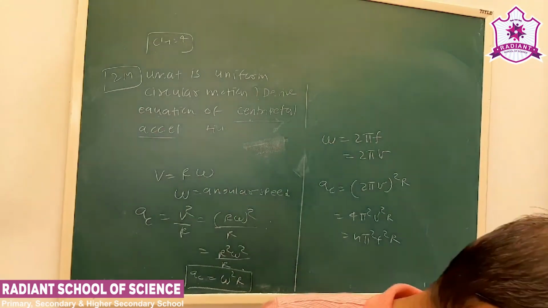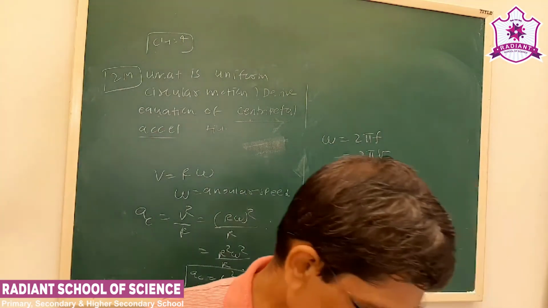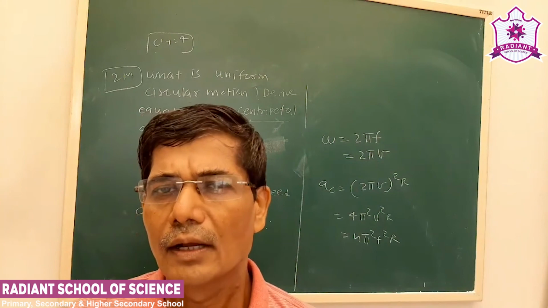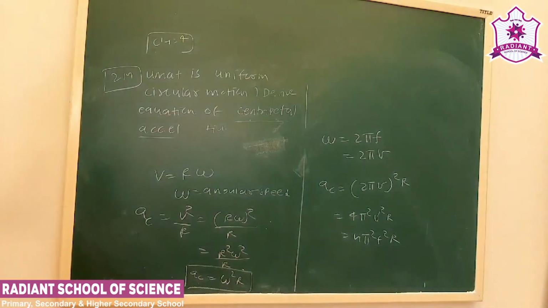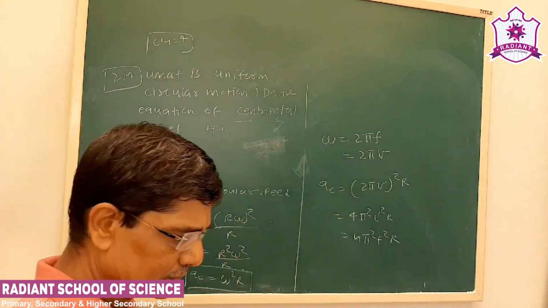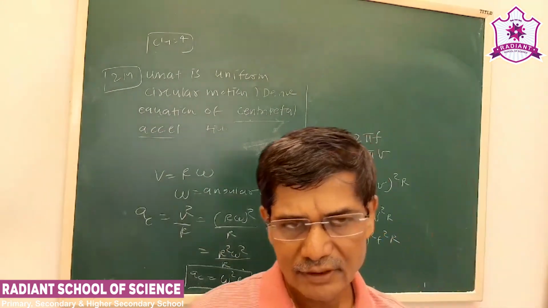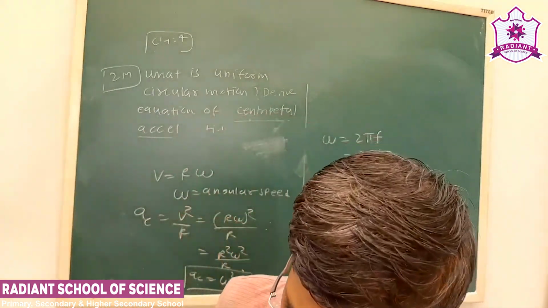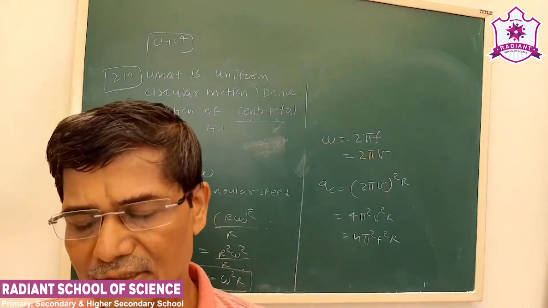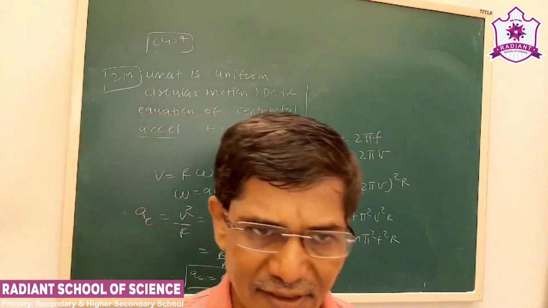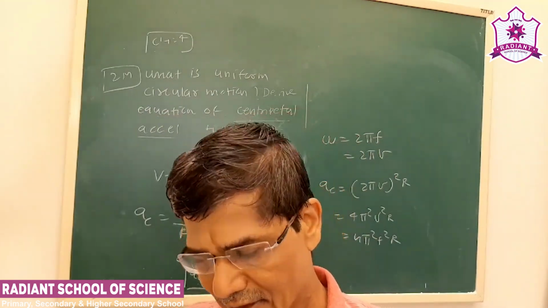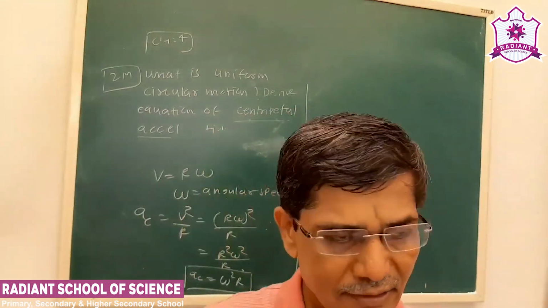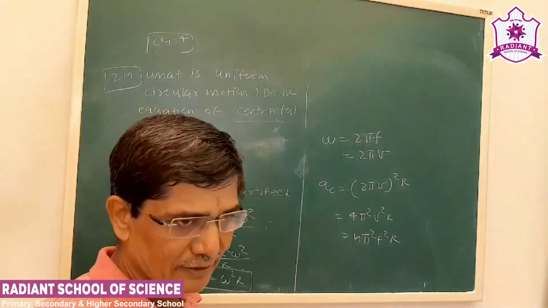See, we have derived the equation of the centripetal acceleration. Though it is a motion with a constant speed, why is it called accelerated motion? Because velocity is speed plus direction. Here the direction is continuously changing. That's why we say the velocity changes, and whenever velocity changes we have an acceleration. That acceleration here is termed centripetal acceleration.